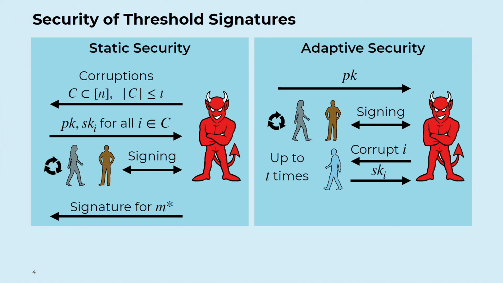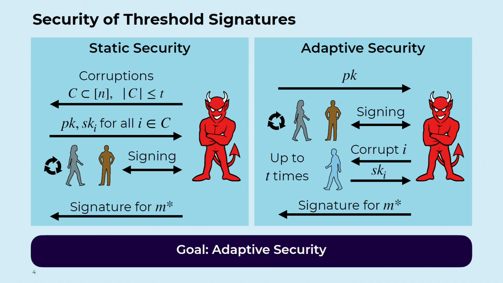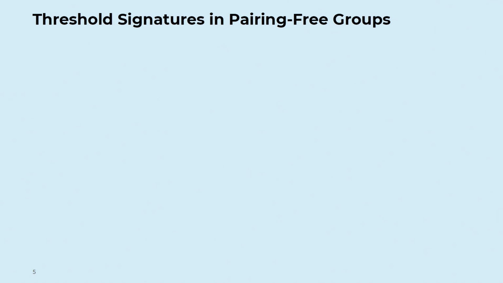And of course, it is only allowed to do that up to T times. In the end, it outputs a signature for some message M star. So this adaptive security here on the right-hand side is much stronger, and this will be the goal of this talk. Now, let's see what's already there, and in particular, I want to look at one specific setting, namely threshold